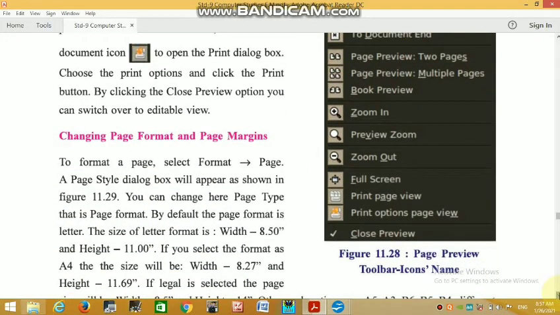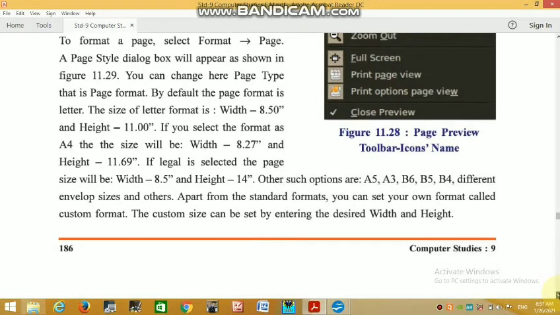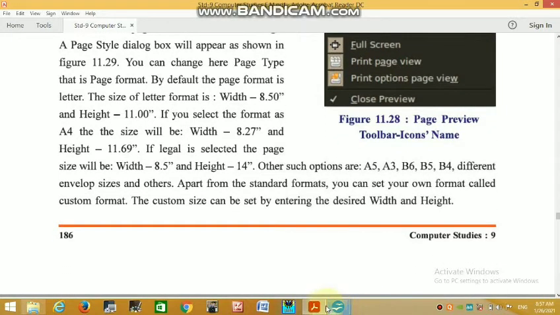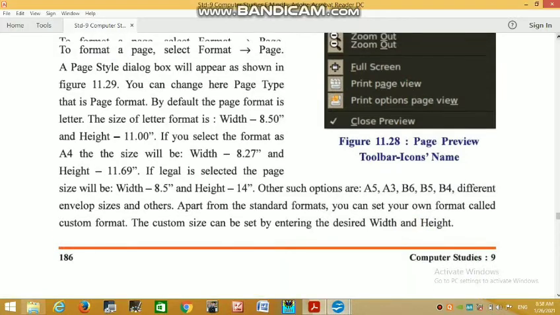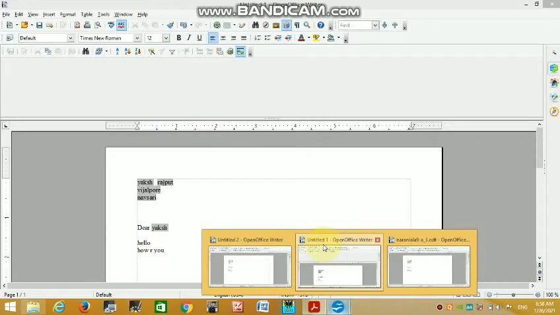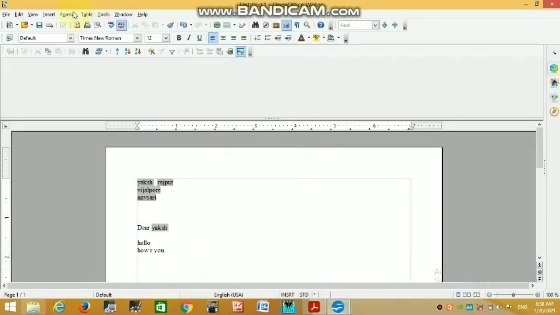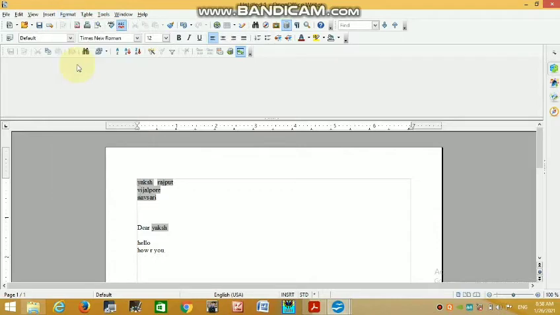Changing page format and page margin. Format page, format menu and page option.